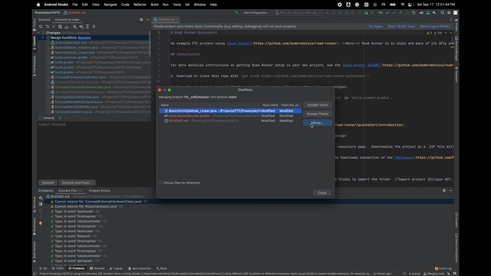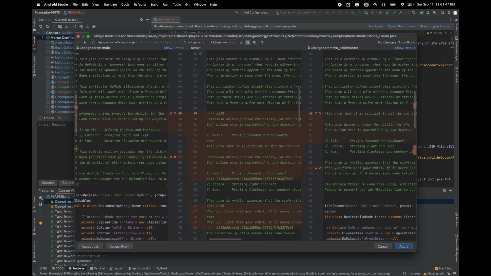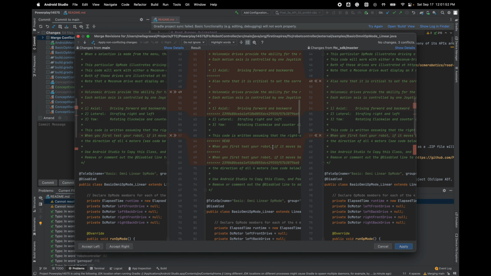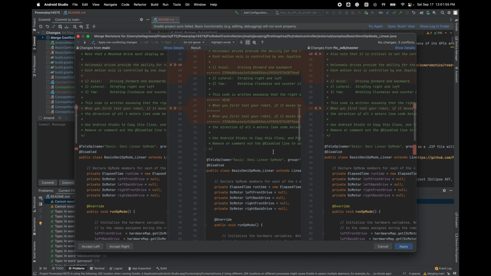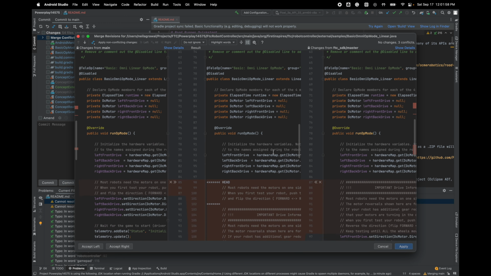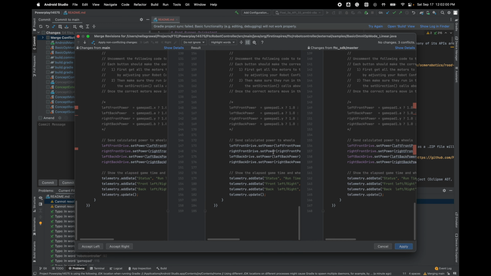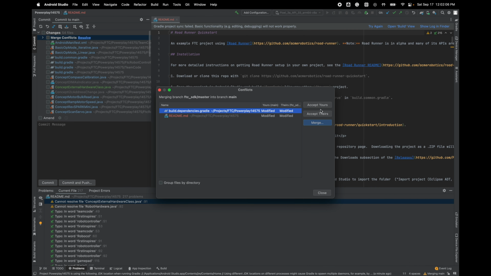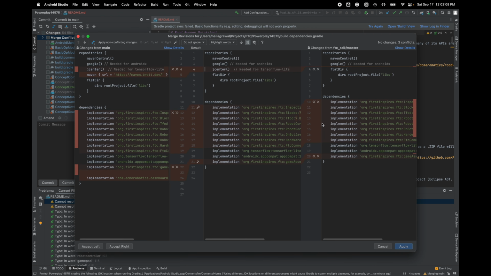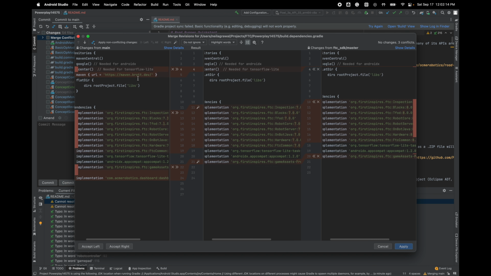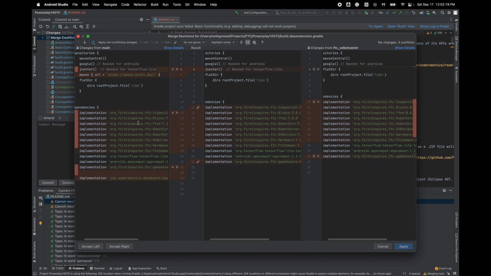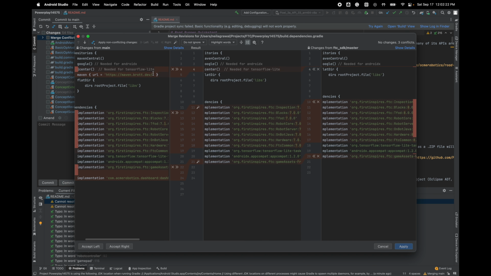And now we can look at the next one. We can hit merge, look at the big differences. I think we can just accept theirs. So we can hit apply, we say accept right, and then we're done. And then we can hit merge on the second to last one. It looks like we have a Maven URL, which is likely needed for the robot for Roadrunner,